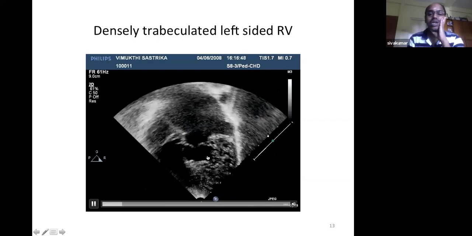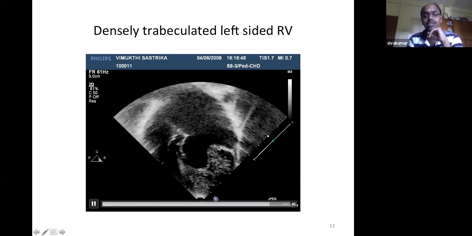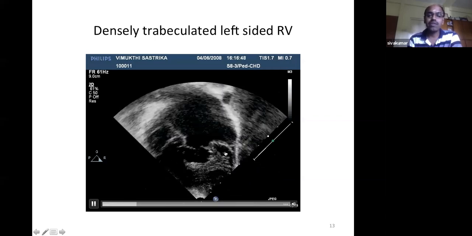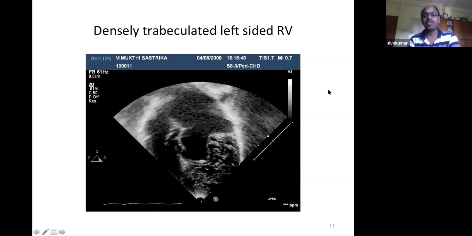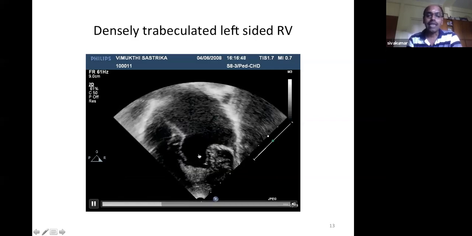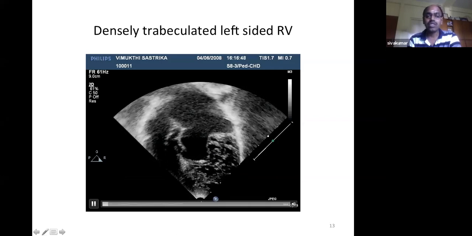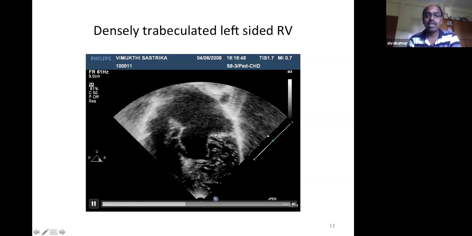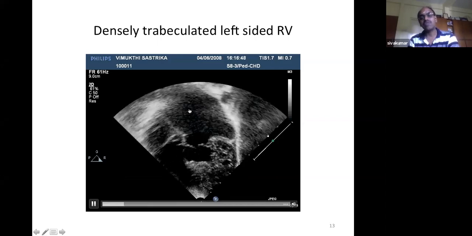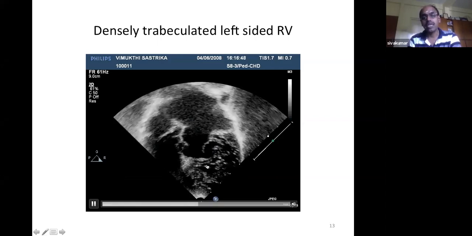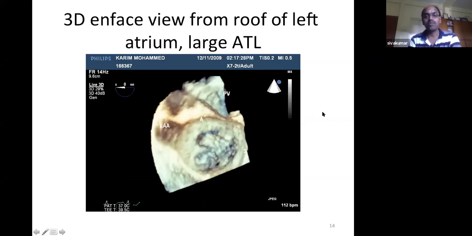So the coarse trabeculations of the right ventricle, dilatation of the right ventricle, and impaired contractility are all part of the systemic right ventricle. Very often, as the age advances, because of the inherent right ventricular systolic dysfunction, there is often a marked dilatation of the left atrium, and this is a characteristic feature. A dilated left atrium and a dilated right ventricle will be seen as the child progressively becomes older and older.